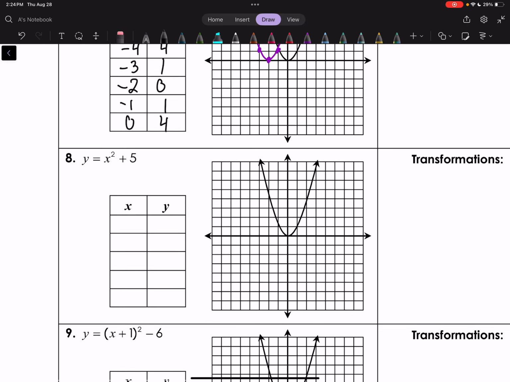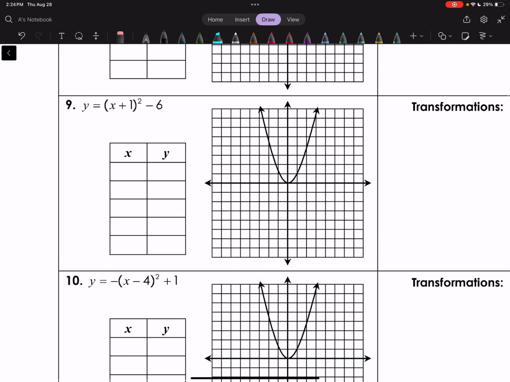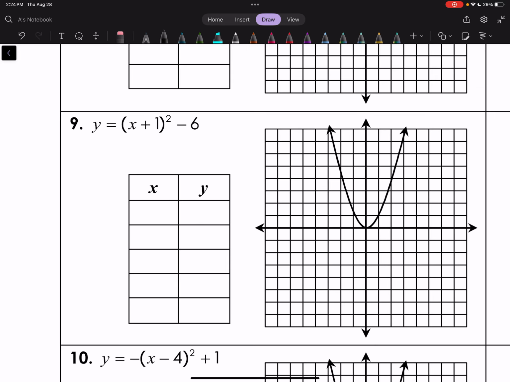All right, number 8. Actually, I'm going to skip down to number 9. H is -1, K is -6, all right, that's all for the y values. Plug in your numbers. This will be -5, because it's 1 minus 6. If I put in -3, it is going to be -2 squared, which is positive 4